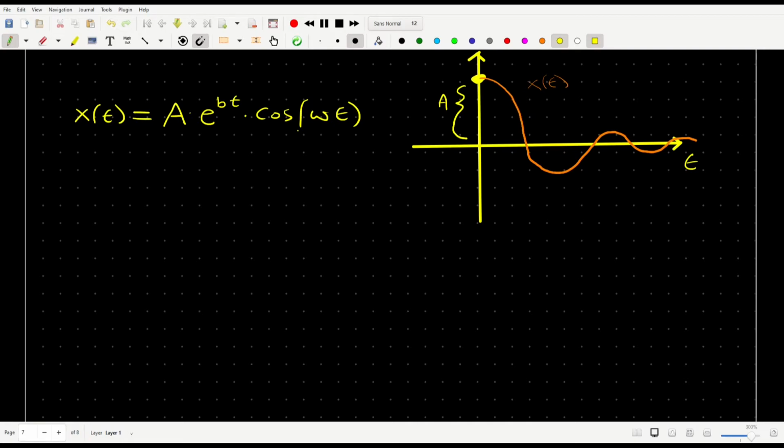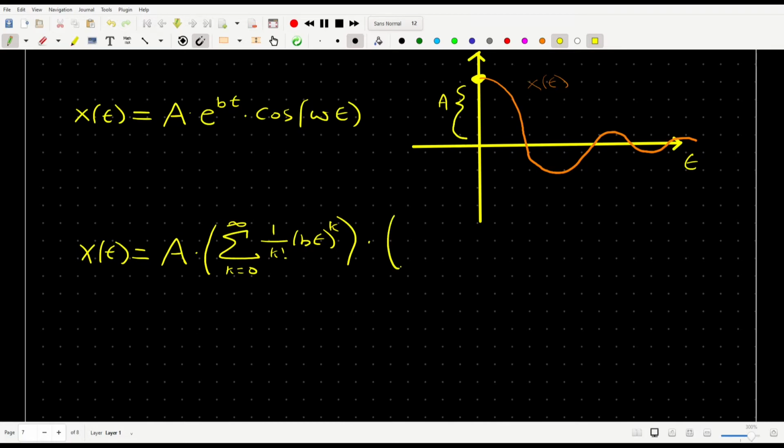But what's neat is that if we know this is the case, we can go through and actually get the Taylor series expansion for x of t using what we know. We know that the exponential function e to the b times t is the sum from k equals 0 to infinity of 1 over k factorial times bt to the k. And this series has to be multiplied by cosine of omega t, which has the Taylor series expansion